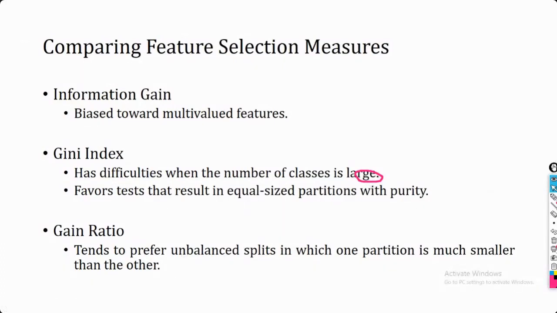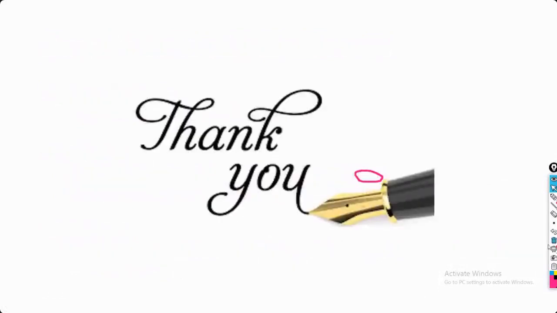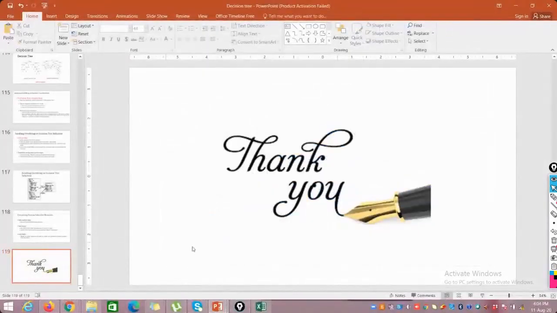That's all from my side, so we are done with decision trees. The main concept is that we use different attribute selection measures, and based upon that measure, the tree you get is going to be different. Each attribute selection measure has its own advantages and disadvantages. That's all from my side. Hope all the things are clear.